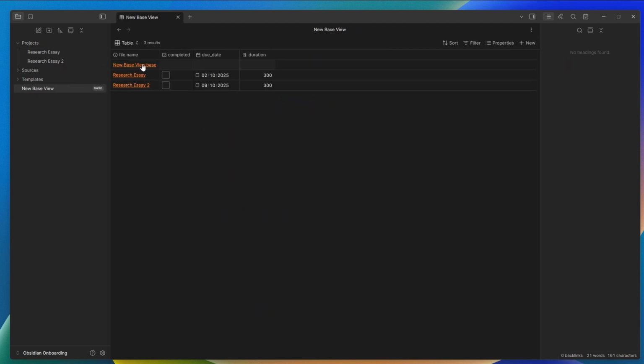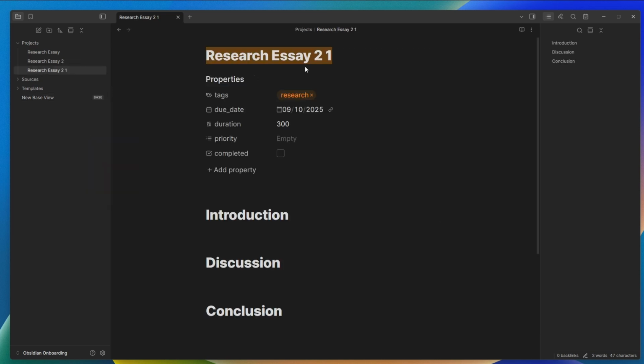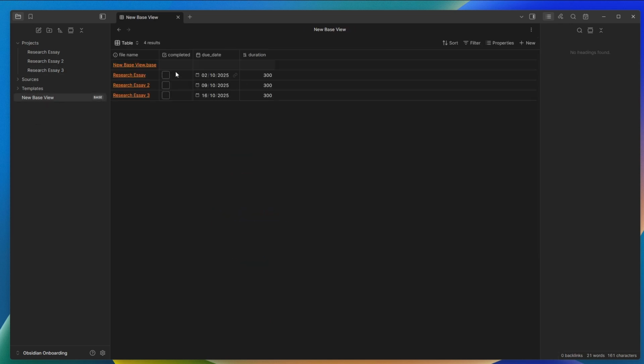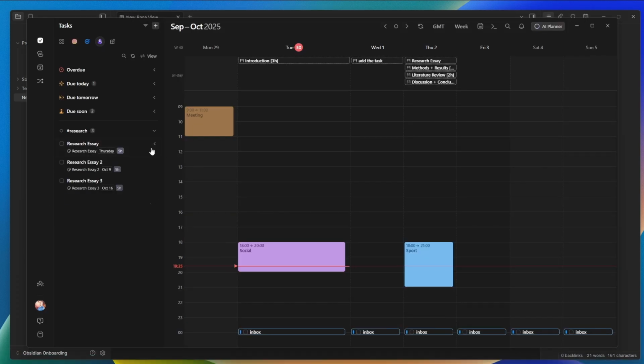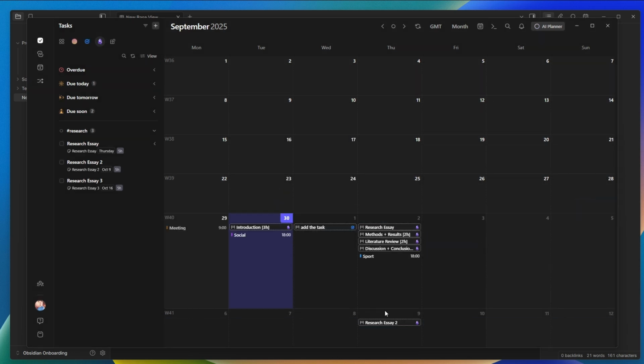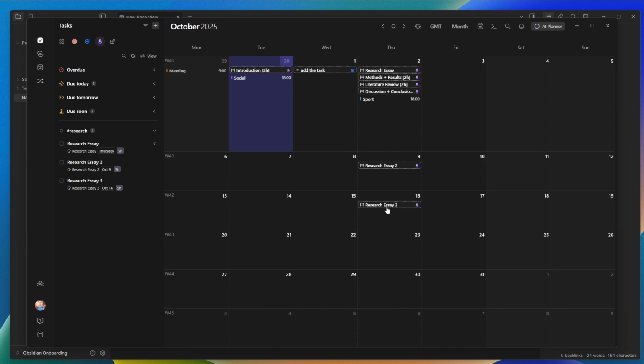You can see inside of the bases, now we've got the task here, which is kind of like a project, and it's just showing. And if we, let's duplicate this again, so make a copy, let's say 3, and then move the due date to the next week. Now, inside of the bases view, I've got these tasks showing, and all 3 of them are incomplete with different days, but they all show up inside of Morgan in the sidebar as 3 different tasks. So if we go M to the month view, let's actually delete that inbox task because I don't want it. You can see we've got the Research Essay 2, and then if I go to the next month, we've got